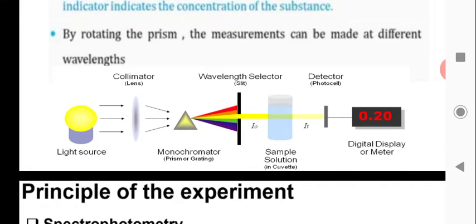IO is the light entering and IT is the light leaving here. So this leaving light IT will not be equal to IO. The intensity of the light in IT will not be equal to IO. If it is equal, then the particular sample is not there; the red blood cells must be 0. Only if that is so will IO be equal to IT. So when IT is unequal, it means there are particular red blood cells present.